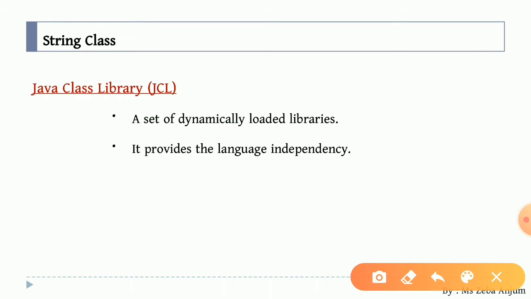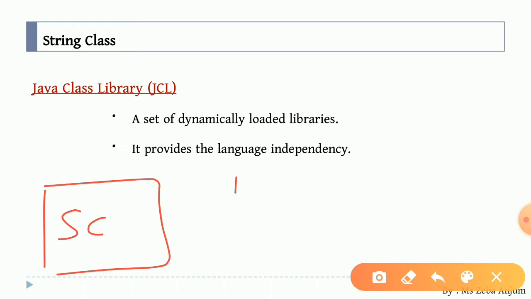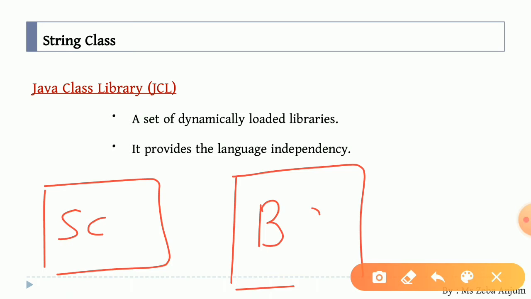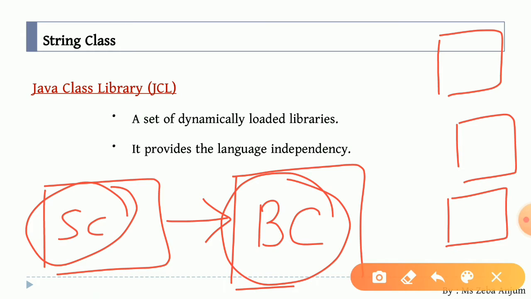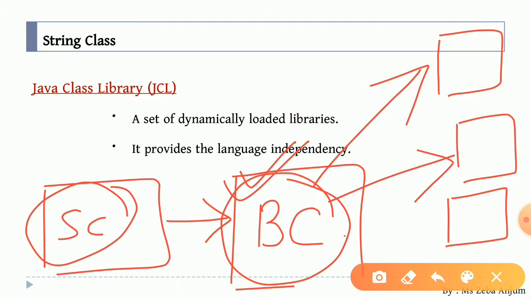Now if you remember this figure, see we are having this source code over here. Yes, and we are having this bytecode over here. Bytecode is intermediate code, and over here we are having machines, different machines. Now see, the work of your compiler is to convert your source code into your bytecode. Yes, now we are having certain Java class libraries that enable this bytecode to be accessible by every kind of machine.